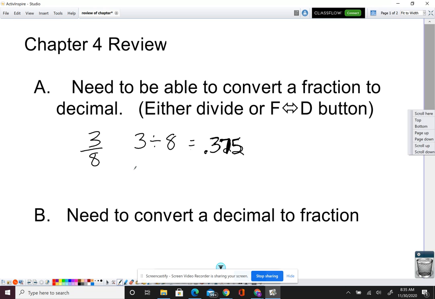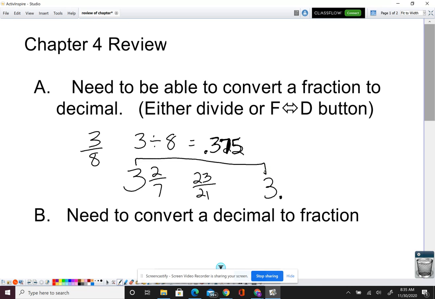What happens if it's a mixed number, 3 and 2/7? Do you need to worry about the 3? You could turn it into an improper fraction of 23/7, or you can just deal with the fractional part, the 2/7. Put the 2/7 in the calculator. I'm not going to drop the 3. I'm going to keep it right there. But the 2/7 part is